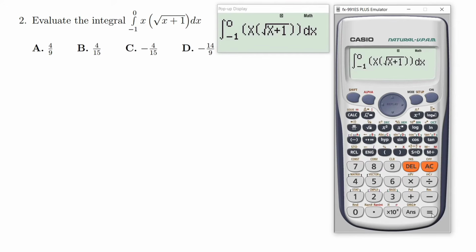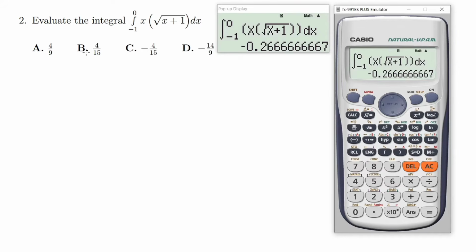Okay, now that we are done with that, you can press our equals to button. Now it's evaluating that, then here we have this to be minus 0.26667. Okay, now if you should check your options, you cannot see anything like that. Now for us to know which of the options would give us this answer, I'm sure that it cannot be